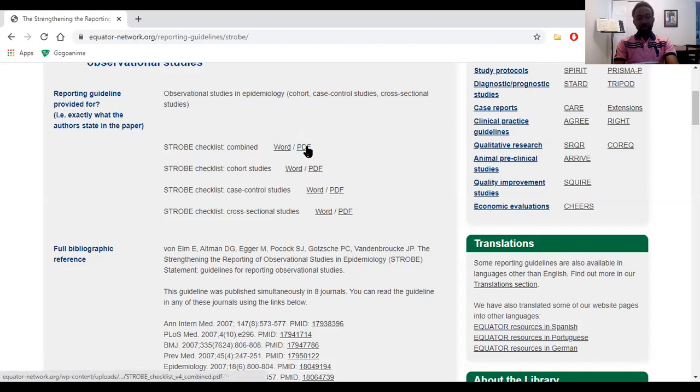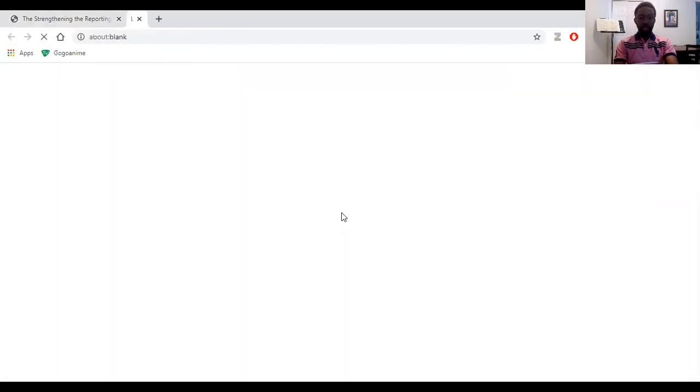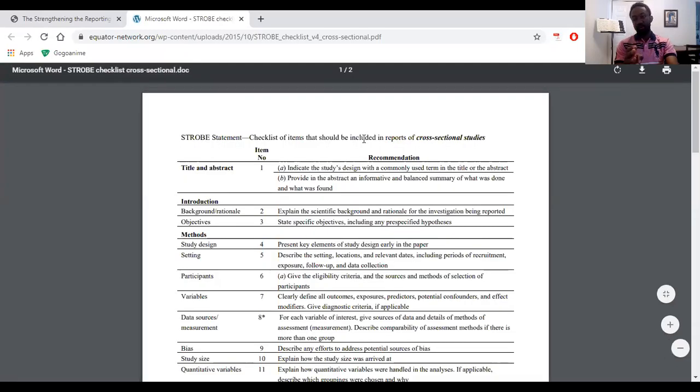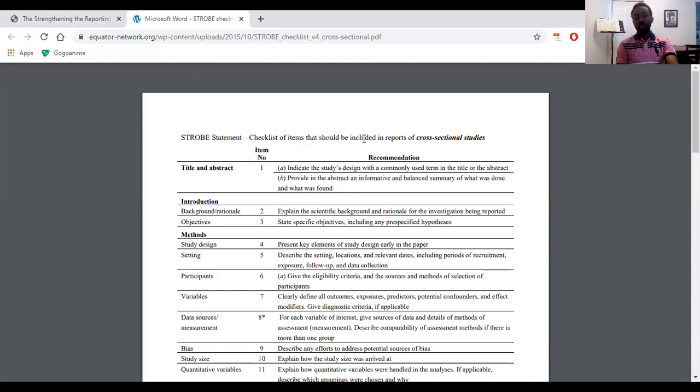So if we're looking at the STROBE cross-sectional studies guidelines, what this does is it helps us stay focused. It helps us know what we should definitely be defining, what we should definitely think about. Now, doing this is going to help us in the next step, which will be coming up with a research protocol or proposal. It tells you how to do the title and abstract, for example. Study design here, we're like, oh, you will need eligibility, inclusion, exclusion criteria.